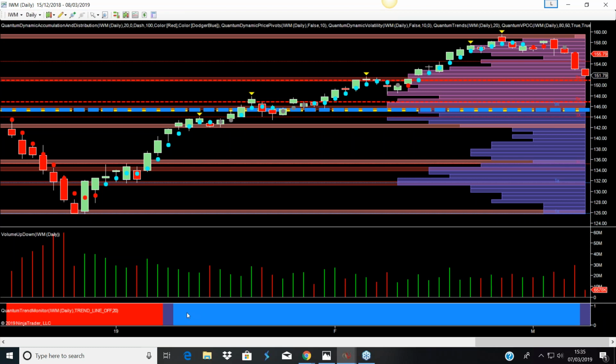And also from our quantum stable of indicators, this is our trend monitor. We've got the trend dots up here. Other than here, when they transition to grey, they are blue all the way. We have a little red one pop up here, but the trend monitor stays relentlessly blue.